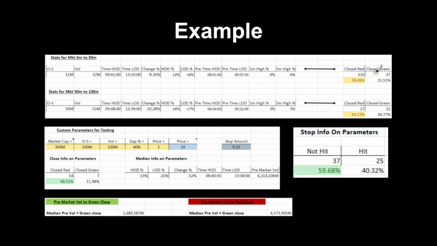And then I also have always red close probabilities on the right for all my criteria, so I can see what ones are the best. It's highlighted in yellow if it's in the top 3. These are just 2 examples here. So we can see close red percentage 78% currently, and this is on a 6-month database of all the gappers